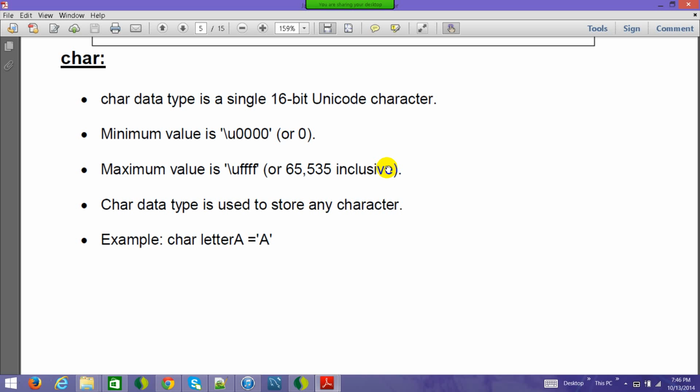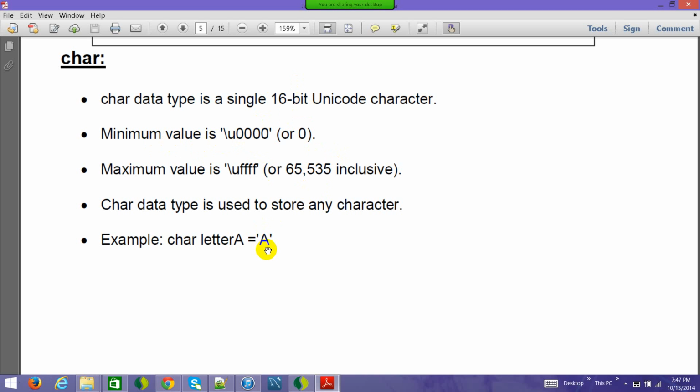It defines mostly the English language. After that we started using Unicode, which supports most of the languages around the world. So it has a bigger range, and the char data type supports it using a single 16 bit. And in that we can go and see that the minimum value is this, the maximum value is this, and all your letters etc. will be supported using the char data type.